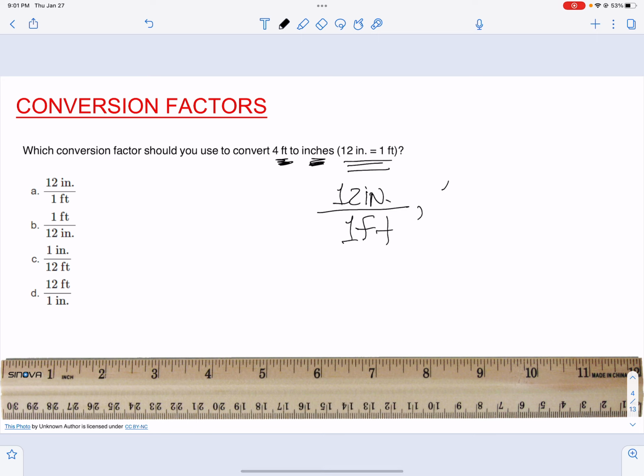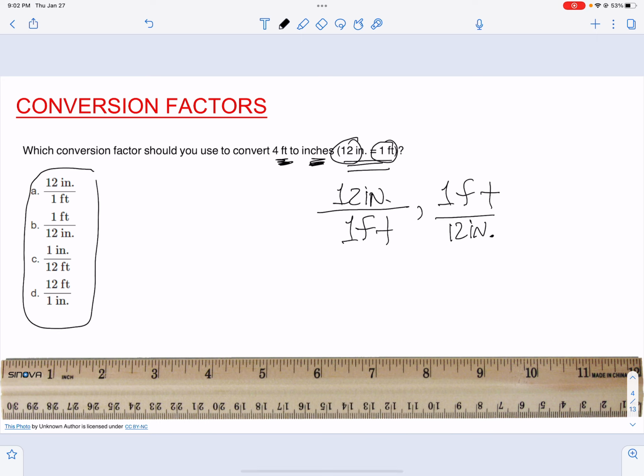Or 1 foot equals 12 inches. So basically, the numbers in forms of a fraction. So the question is, which one of these do I need to go from 4 feet